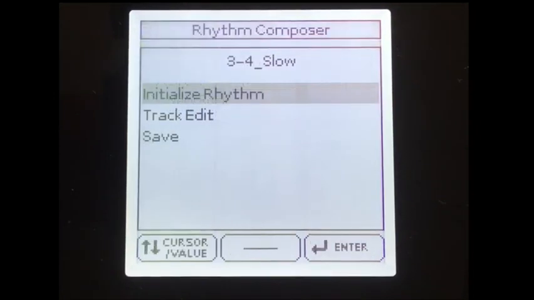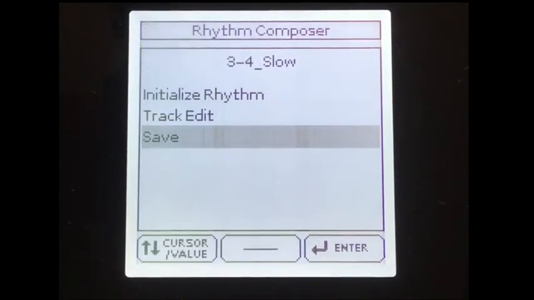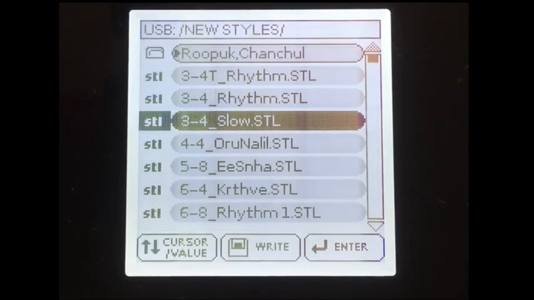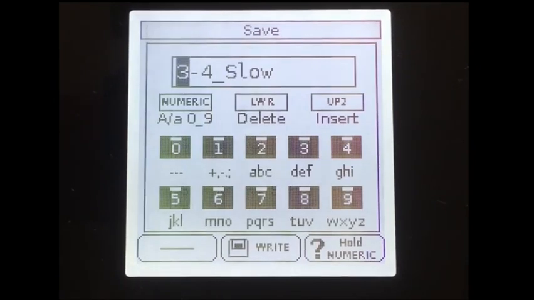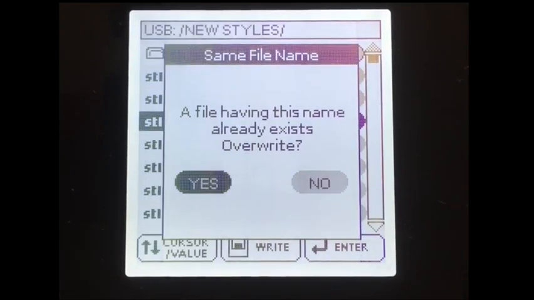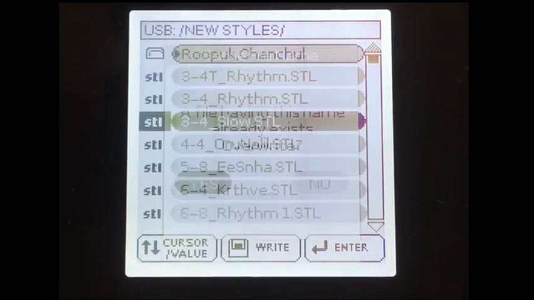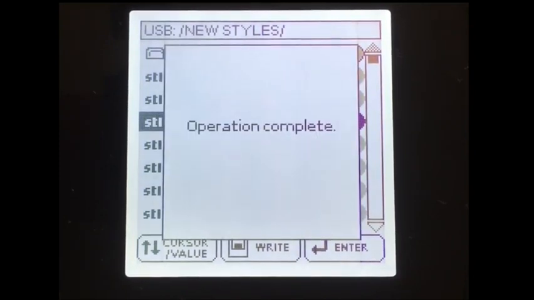I'm just saving it by pressing the menu button and moving the cursor to save. Press enter, press right button. It will ask for the name, same name. Again press right button, it asks for overwriting, select S option and press enter. It will be executed. The saving function will be executed.